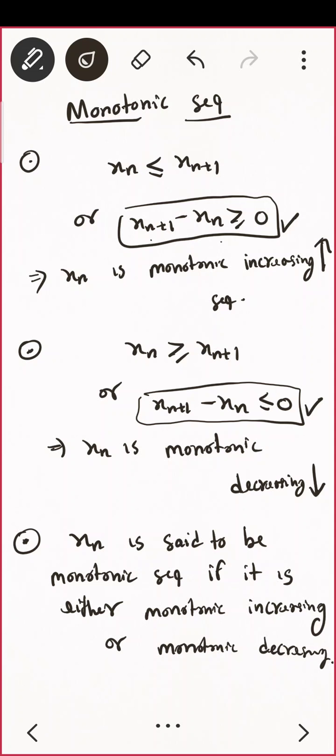Yeah, is that clear to you? Yes. Okay. So let me ask you one more question and check whether it is increasing, decreasing. Check whether it is monotonic, increasing, decreasing. What is that?